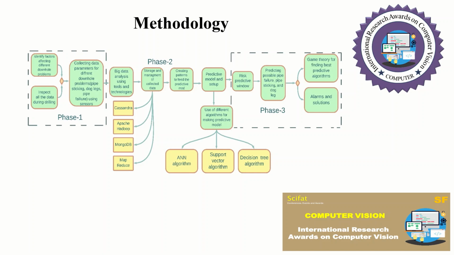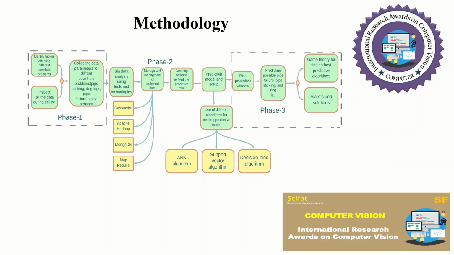From these, patterns will be created to be fed into the predictive model, and the predictive model setup is created in which different algorithms will be checked. We have given 3 examples here: ANN algorithm, support vector algorithm and decision tree algorithm. Using these different optimization algorithms, the results